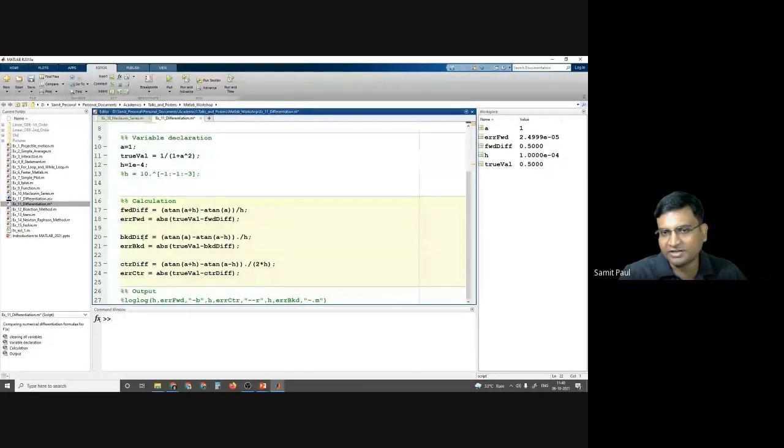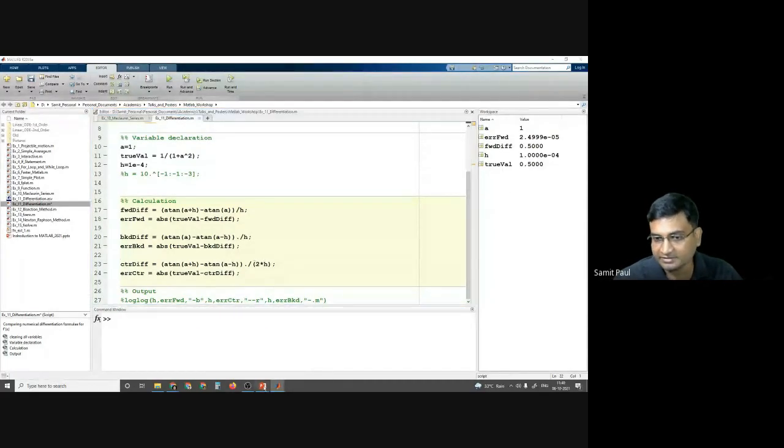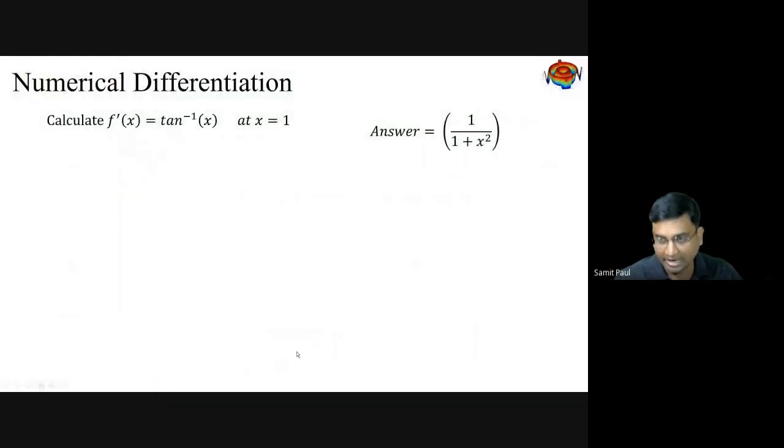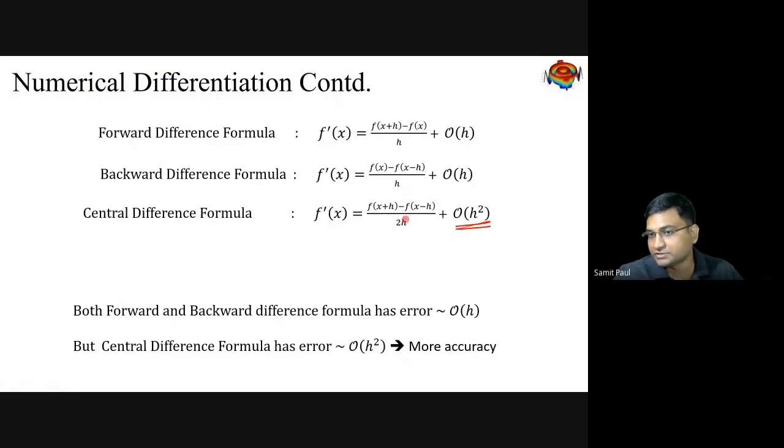So this is the backward difference formula: function of x minus function of x minus h. And then the central difference formula: function of x plus h minus function of x minus h divided by 2h. Remember, in the central difference formula, we had 2h in the denominator.